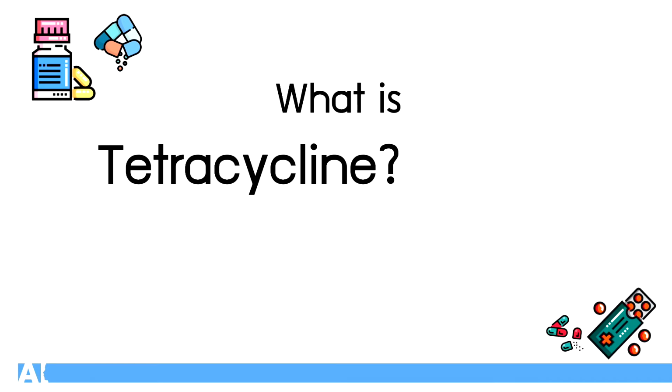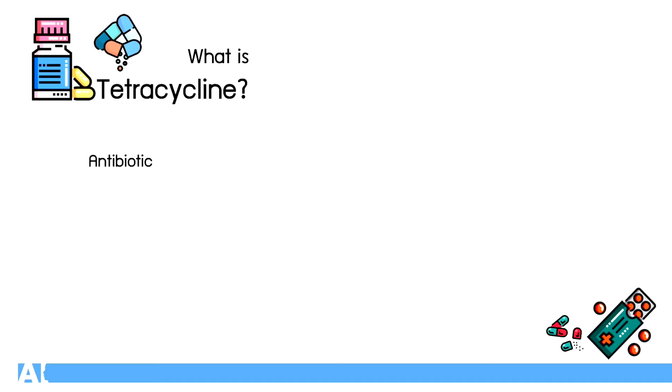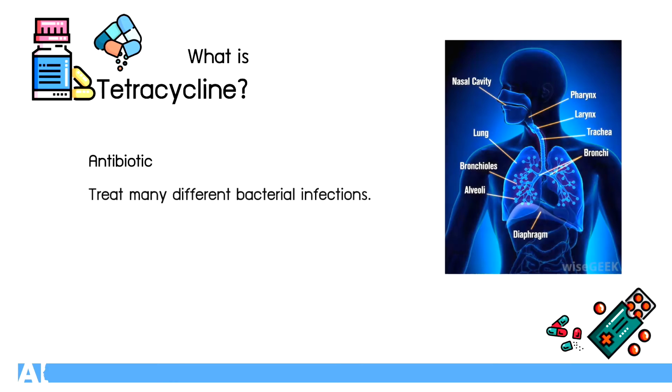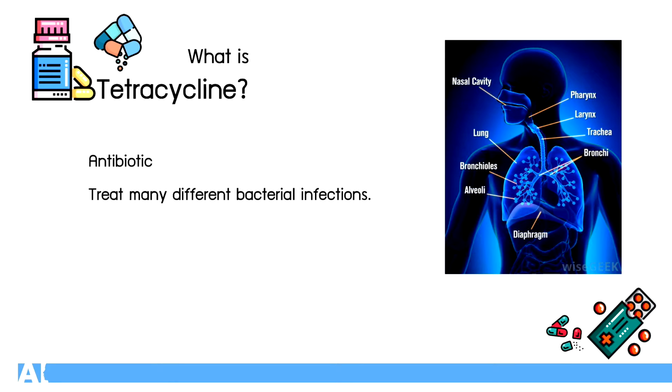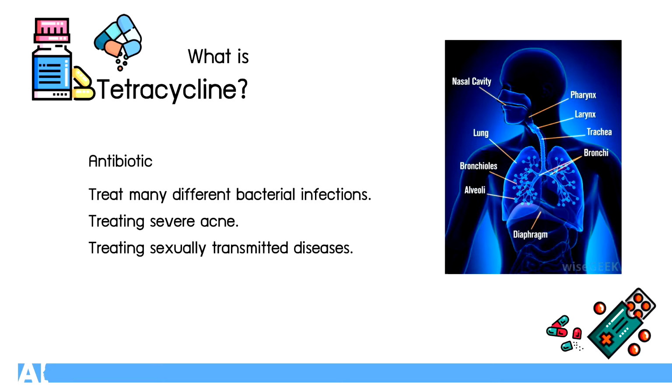What is tetracycline? Tetracycline is an antibiotic that fights infection caused by bacteria. Tetracycline is used to treat many different bacterial infections of the skin, intestines, respiratory tract, urinary tract, genitals, lymph node, and other body systems. It is often used in treating severe acne or sexually transmitted diseases such as syphilis, gonorrhea,